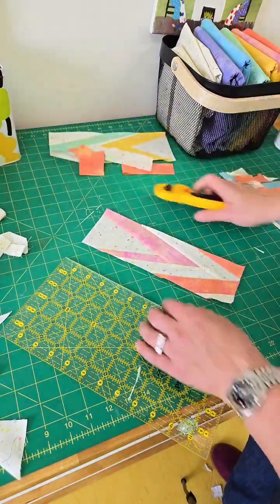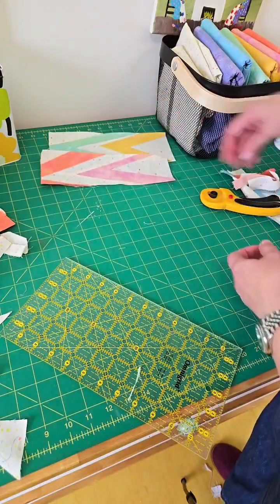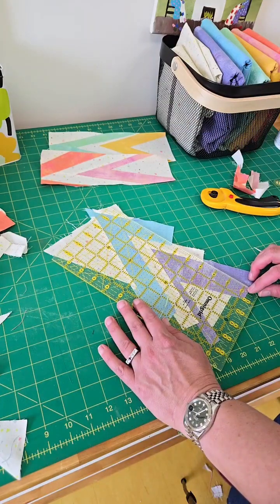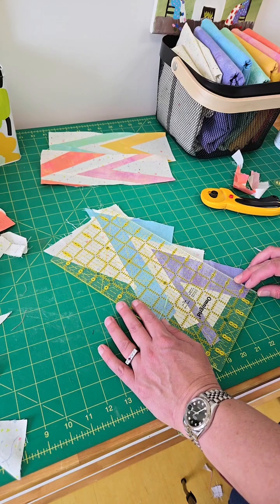Seem to be missing my initial cuts these days. Got to pay attention to that. And then now the blue one, same thing. I'm going to cut this one as wide as I can, just because I want to have some wiggle room